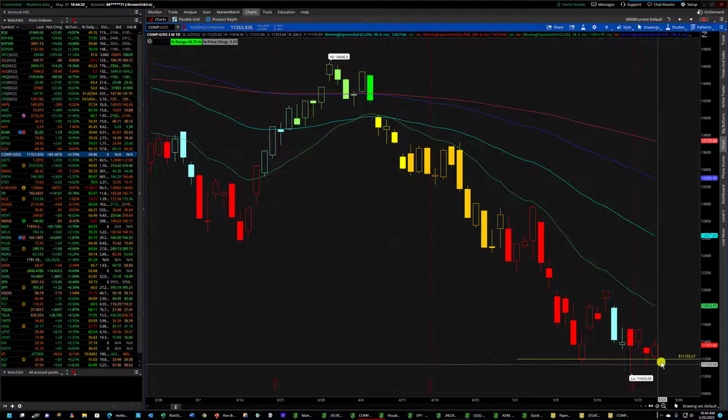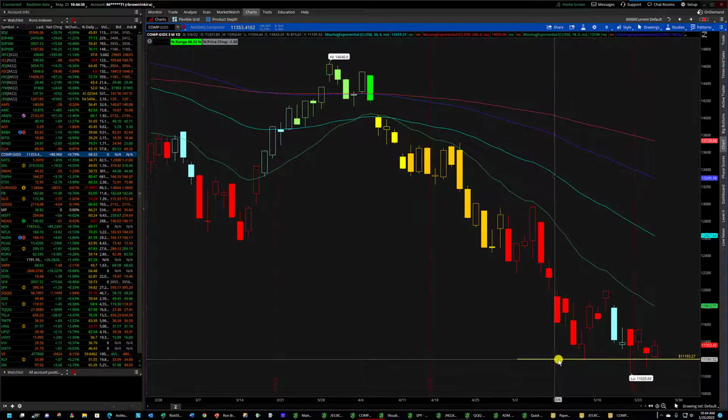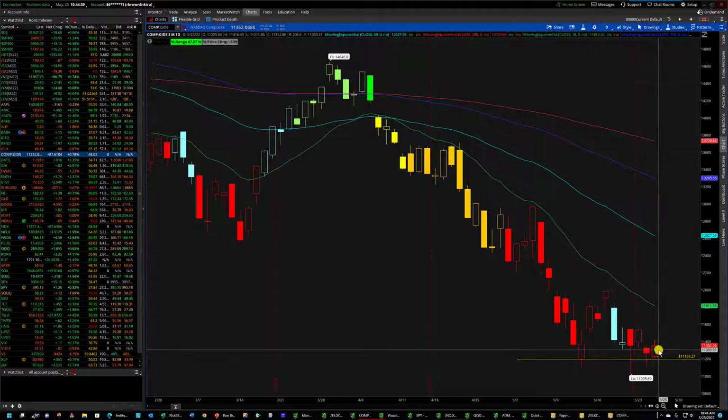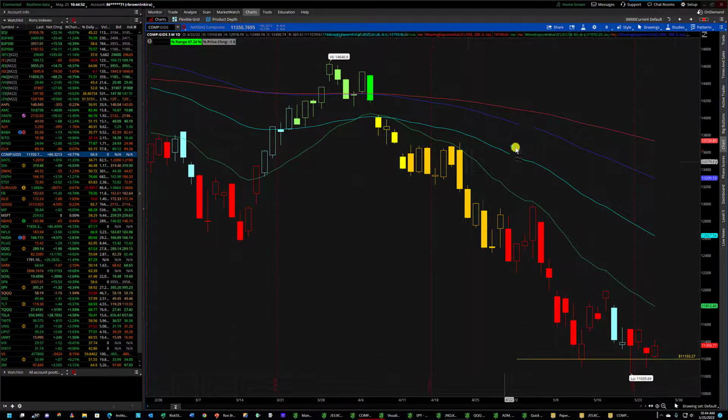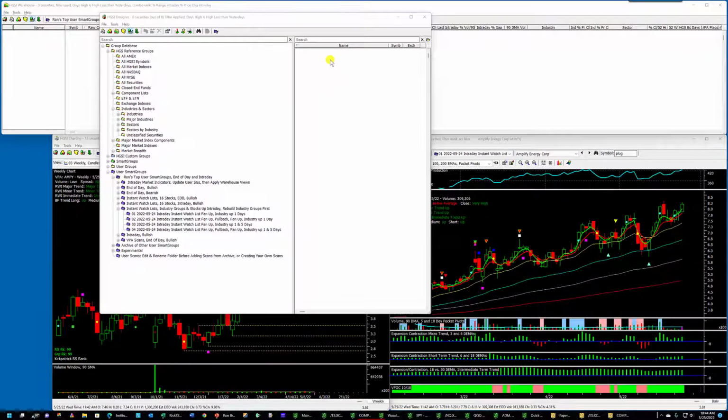Now this is where the market stands right now. You can see that support is held here on the comp, the NASDAQ comp. This is today. We are off the lows, but we're still trading at 76% of the daily range, and volume's a little better today. So maybe we're putting a bottom in. This support area is certainly held up. But let's get out of here and go into